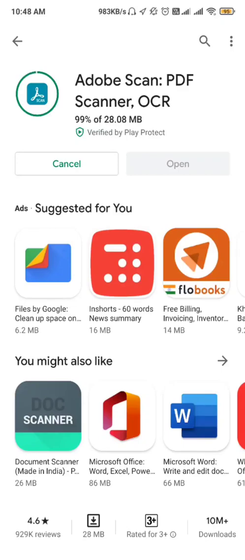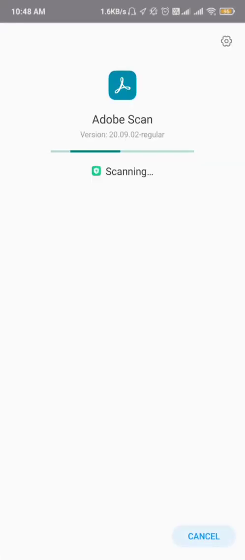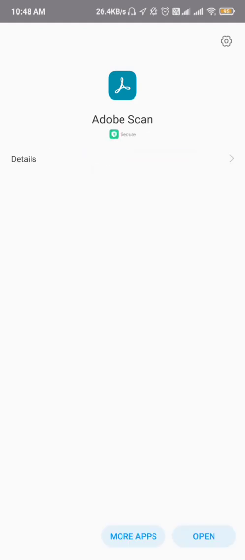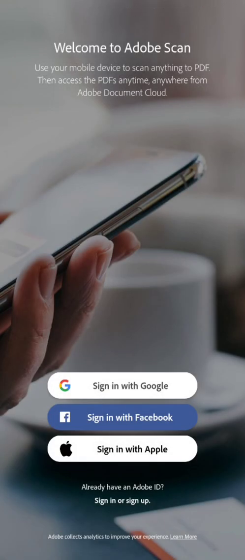Please wait until it completes. Wait for the installation. Open the app. Once it is loaded, choose the appropriate ID from which you want to log in. I am choosing Facebook.